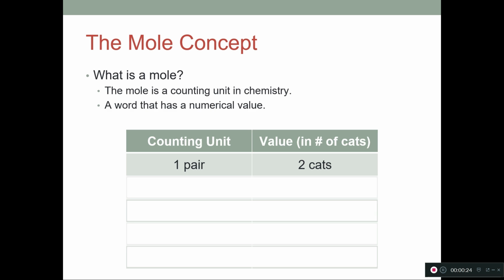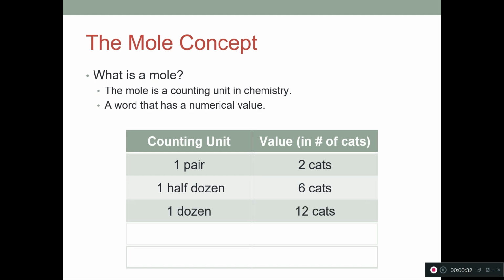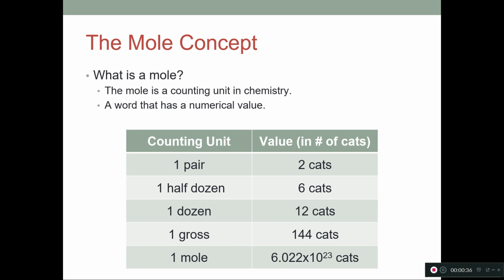So if we use cats as our example, if you have one pair of cats, you have two cats. If you have one half dozen of cats, you have six cats. If you have a dozen, you have 12 cats. If you have a gross, you have 144 cats. And if you had one mole of cats, you'd have 6.022 times 10 to the 23 cats, which is a